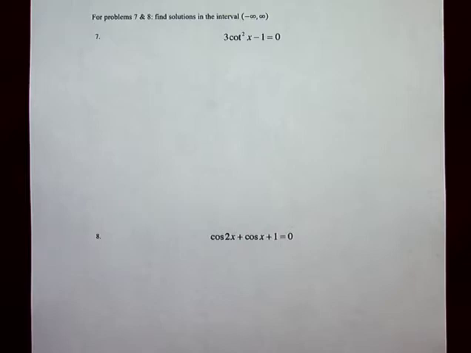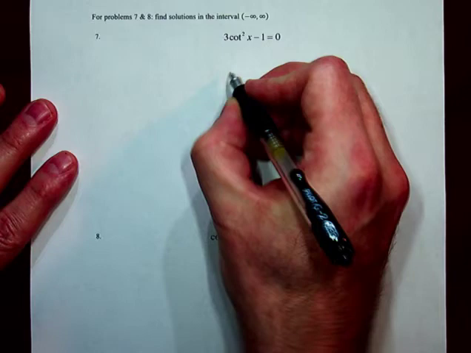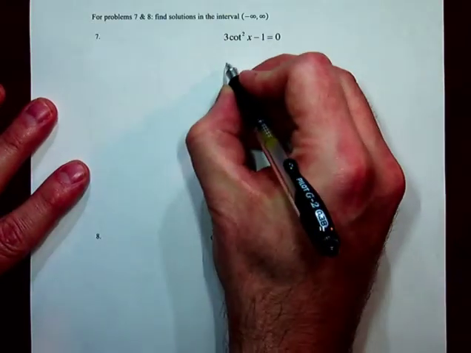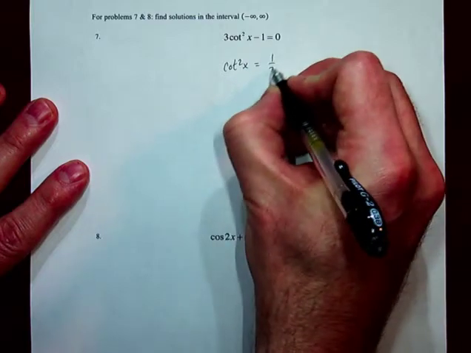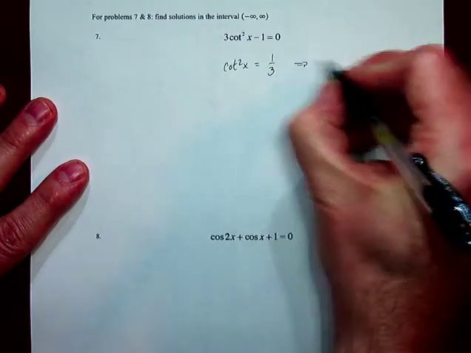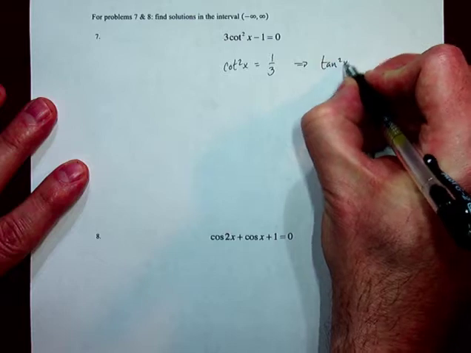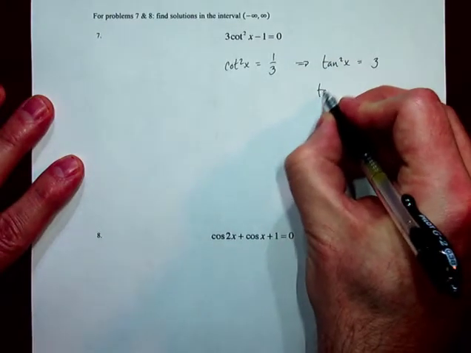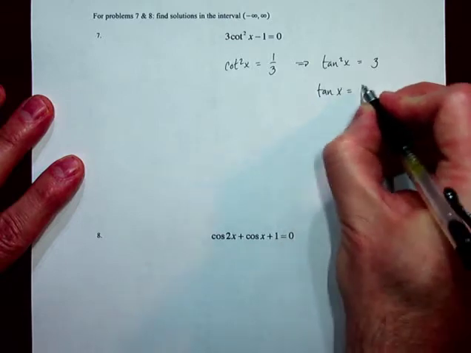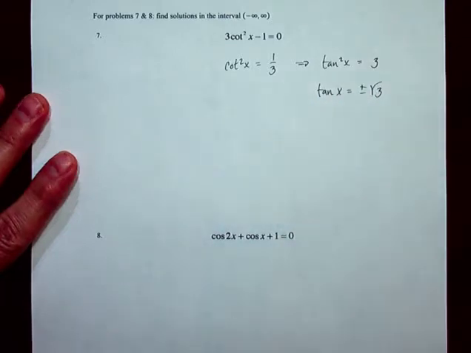We look and we see cotangent and we go, oh no! But here's the thing, cotangent is just the reciprocal of tangent, okay? So if you know your tangent values, which you should, you say, okay, well that's cotangent squared x is equal to 1/3, and you can go ahead and just turn it into tangent at this point. That's tangent squared is equal to 3. So you're looking for the places where tangent x is equal to positive or minus √3 from negative infinity to infinity. Well, remember,